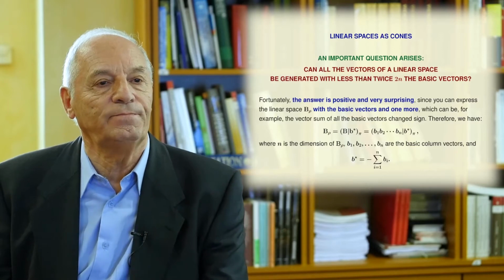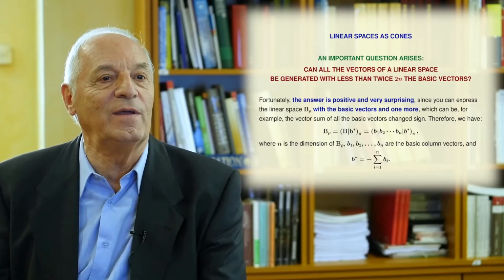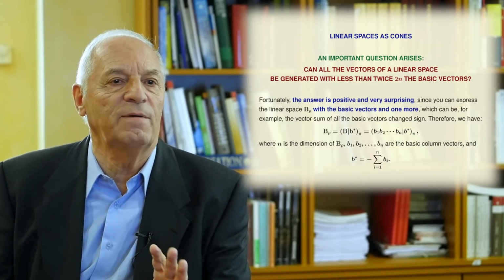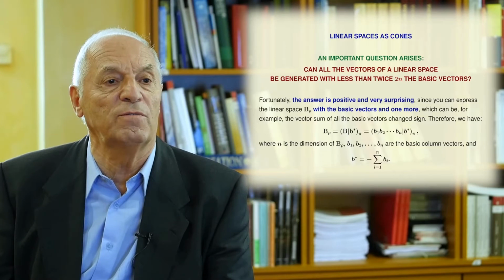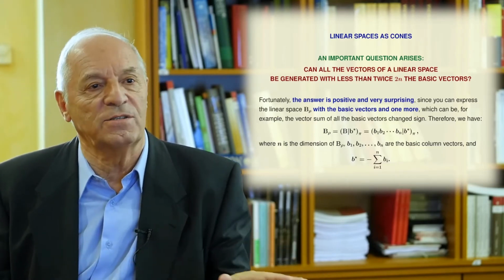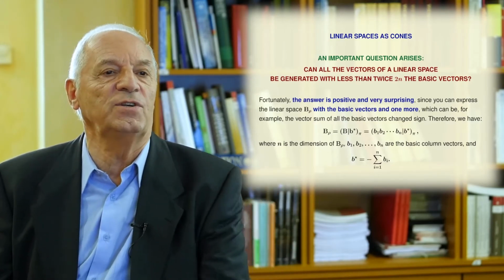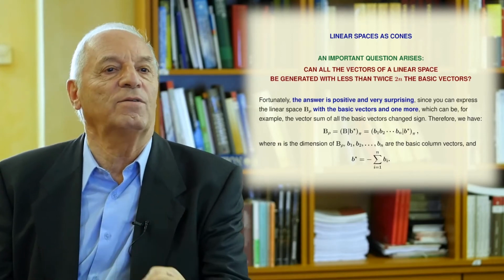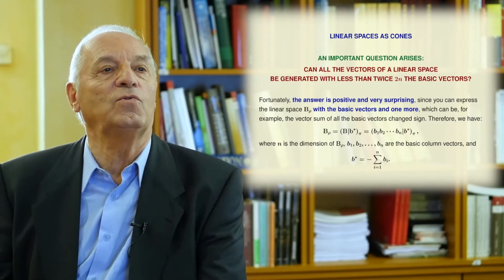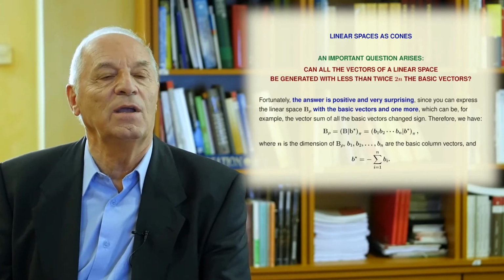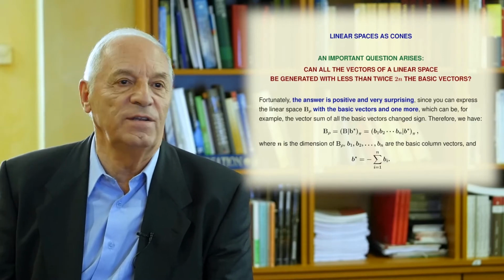And I am going to tell you how this new vector is to be added to the basis. There are infinitely many solutions for that vector, but I am going to give you one. If you add all the basic vectors and change sign, that is, you generate the vector b, which is minus the sum of all basic vectors, this is the new vector that you need to add in order to write any vector in the subspace with non-negative coefficients. I think this is a very interesting and surprising result.